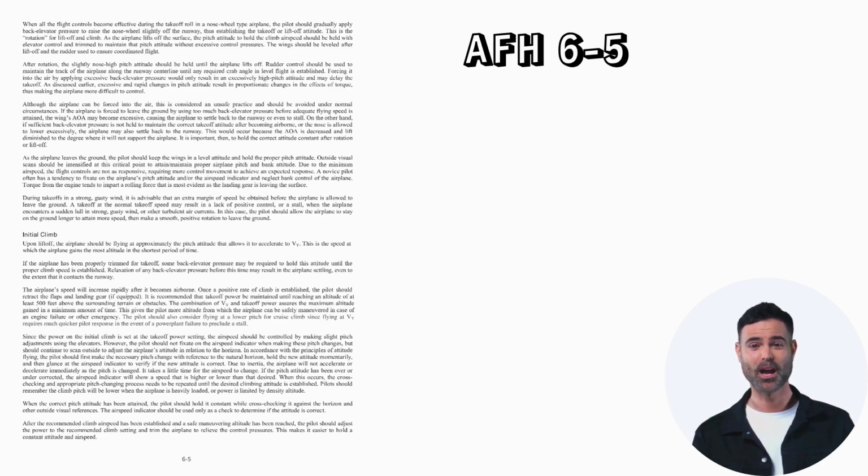As the airplane leaves the ground, the pilot should keep the wings in a level attitude and hold the proper pitch attitude. Outside visual scans should be intensified at this critical point to maintain proper airplane pitch and bank attitude. Due to the minimum airspeed, the flight controls are not as responsive, requiring more control movement to achieve an expected response. A novice pilot often has a tendency to fixate on the airplane's pitch attitude and/or the airspeed indicator and neglect bank control of the airplane. Torque from the engine tends to impart a rolling force that is most evident as the landing gear is leaving